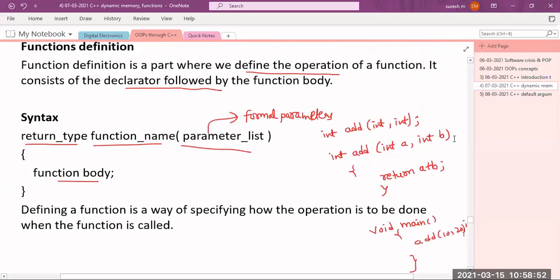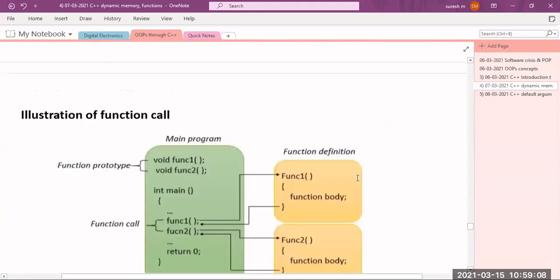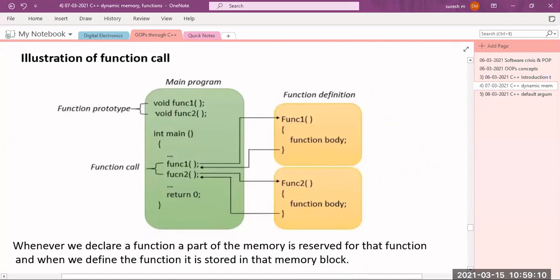Yeah, you already know this in the C language itself. I am just revising. These are nothing but function prototype or function signature or function declaration. This is called function definition, and this is called function calling. Whenever you are calling the function, the arguments are called actual arguments, and these are called formal arguments. Okay. This is about the function definition. So function call is the same thing. This is nothing but the function prototype.